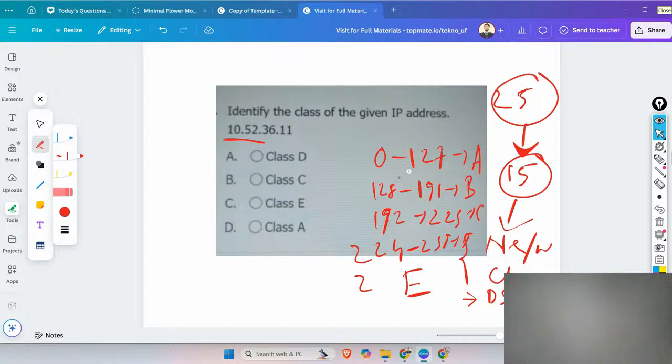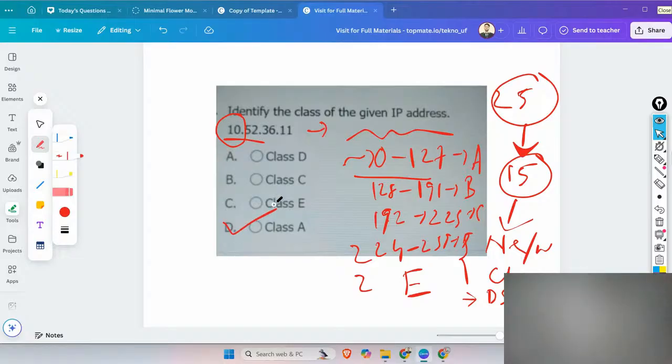So now you have to check the first octet in which range it's belonging, that is class A. That means the first octet belongs to 0 to 127, so that's why it is a class A IP